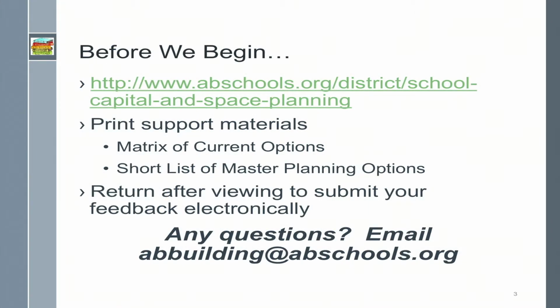We've adapted this presentation for you to view online. To make it easy to follow, you'll want to print at least 2 of our handouts. First, go to the Capital and Space Planning portion of our website and click on Online Public Forum. There you'll find 2 documents you'll find helpful to use to follow along. One is a matrix of current options, and one is a short list of master planning options that's color-coded. In that same area of the website, that's where you'll return after viewing to submit your feedback electronically. Along the way, if you have any questions, feel free to email us at